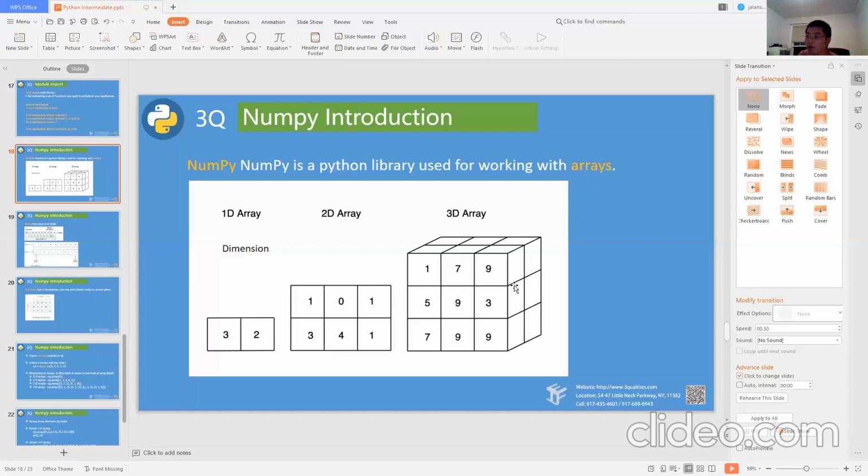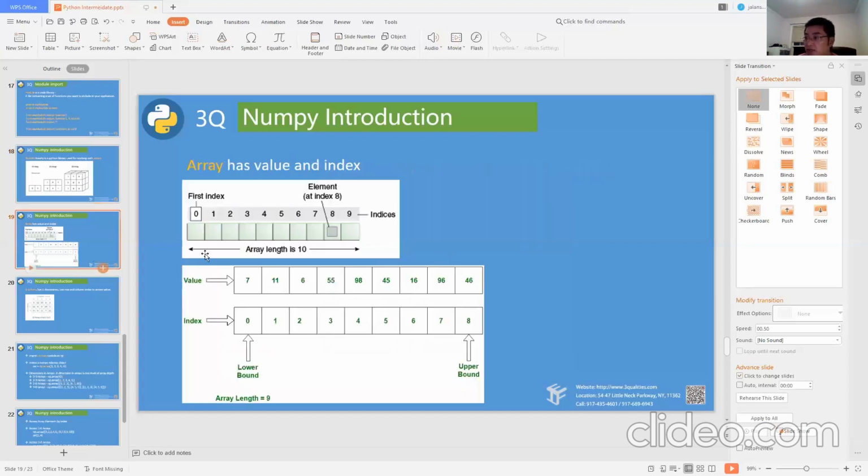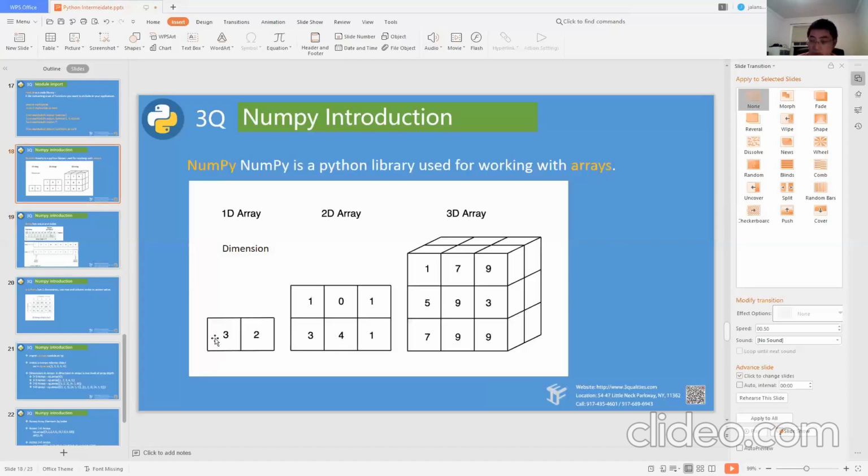So when we see 1D array, look at this sample. Okay, 1D array, you can see there's one row. So you only have one dimension, a row. A row is a dimension. And for 2D array, what do you see?